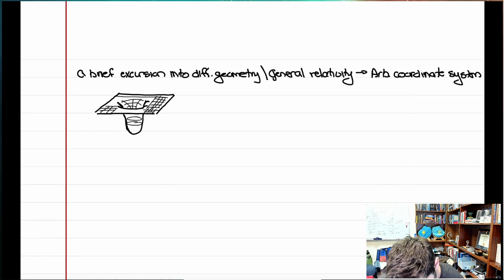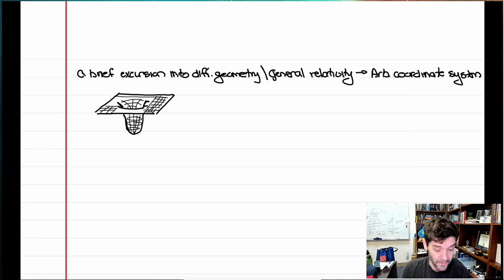And it might start to loop around and look something circular or spherical, or it might be some other arbitrary shape depending on what's going on and how space and time are being warped. In that case, you have a coordinate system where as you go from one region of space to another,